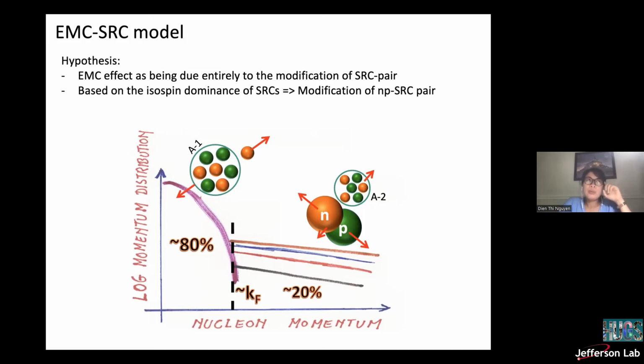And you remember one more thing, one characteristic of the SRC is that the SRC is isospin dependent. It means that it is completely dominated by the NP pair. So if we combine the two assumptions, we think, oh, if the EMC effect is due entirely to SRC, then it will be due to the NP SRC pair because they dominate. So the picture that, okay, so the one here maybe